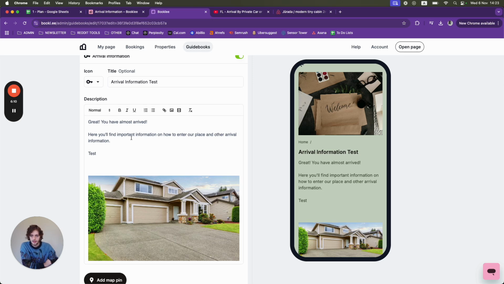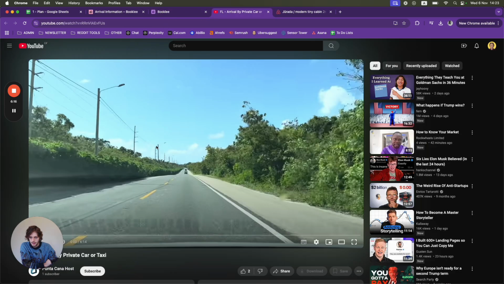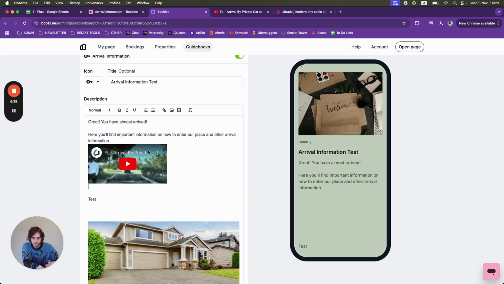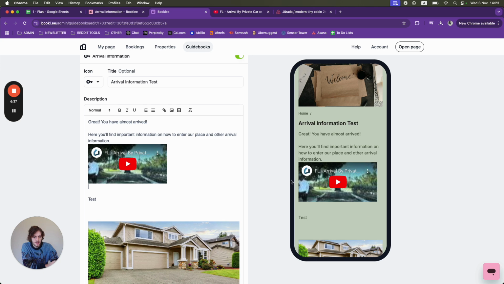So let me show you that. Say, for example, I want to add a video over here. I click this, say that this is the YouTube video of how to arrive to my property. This is a video showcasing exactly that. I simply copy the link of the YouTube video, highlight it, right click, copy, go back to Booklee, and then paste in the link URL over here, click save, give it a second, and voila, here you can see that the video is immediately live on my digital guidebook here on